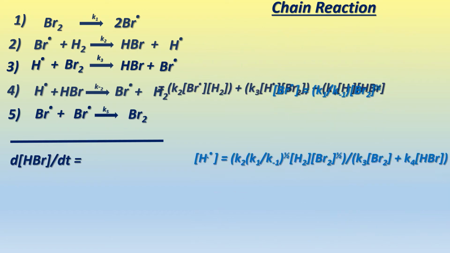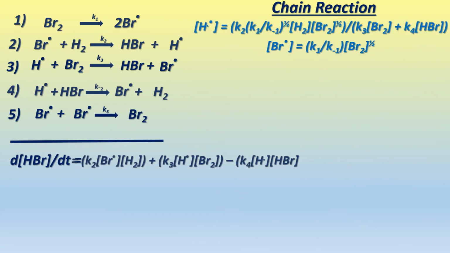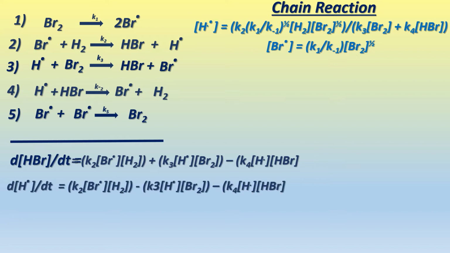So, I have my initial premise that the rate of producing hydrogen bromide is the rate of reaction 2 plus the rate of reaction 3 minus the rate of reaction 4. The rate of making the hydrogen radical can be set equal to 0. This is called a steady state approximation. Essentially, once a radical is produced, it is also used. So at any given time, the concentration of a radical in a reaction is going to be 0, and this